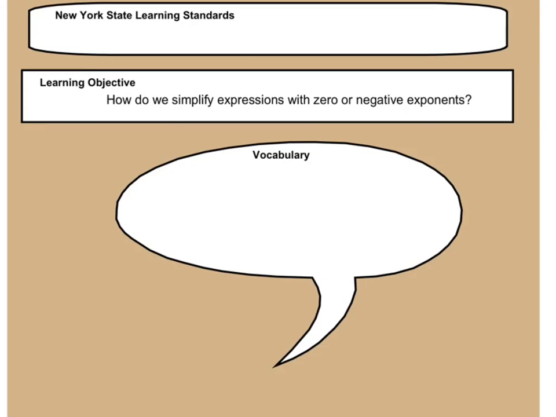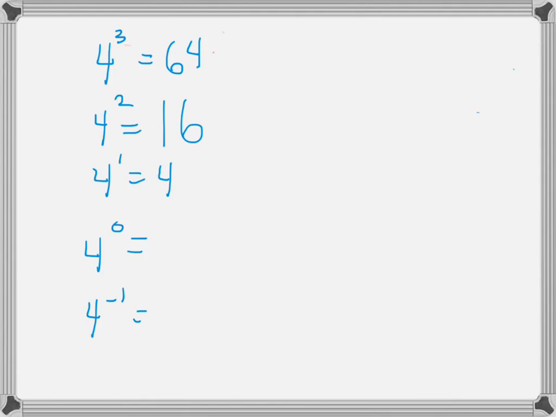Okay, so today we're going to talk about how we simplify expressions with 0 and negative exponents. And this is all part of the New York State Learning Standards AN4, which is learning how to use scientific notation and compute products and quotients of numbers in that form. Okay? All right,